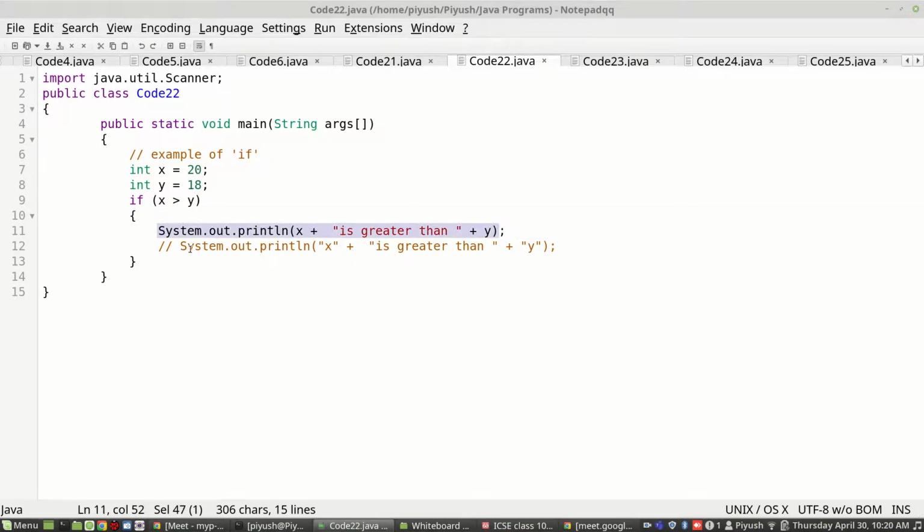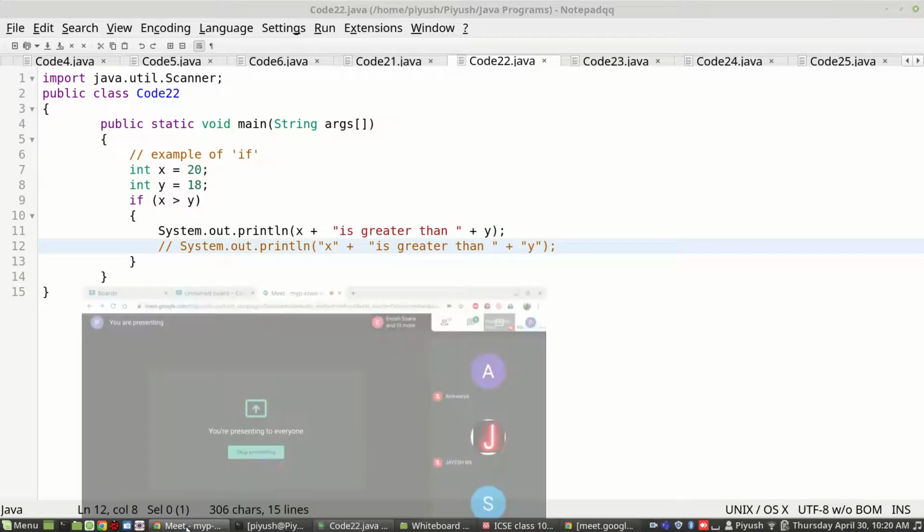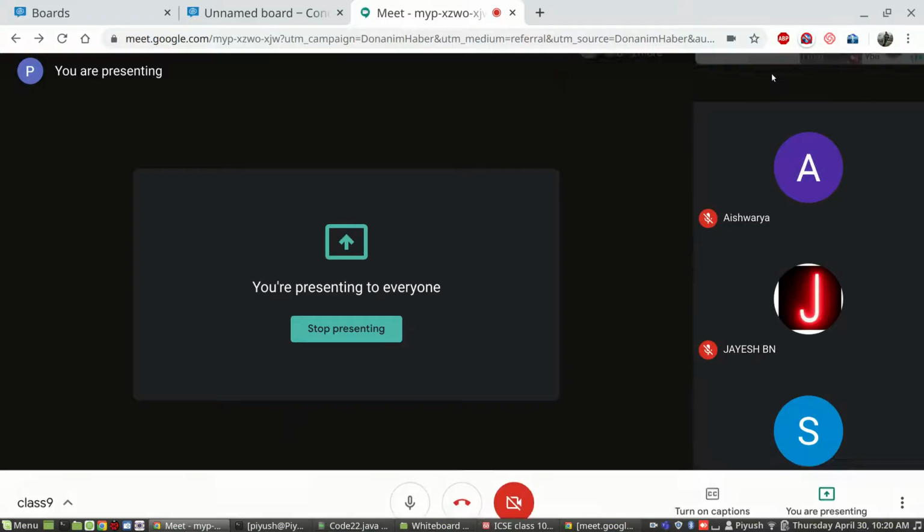We only need to display the message when x is greater. I also told you to go through what will happen if this x is contained within quotes and y is contained within quotes. Any idea? If we uncomment the second thing, what will happen? Not exactly related to if, I'm just asking in general. Yes, you can speak up and let me know.